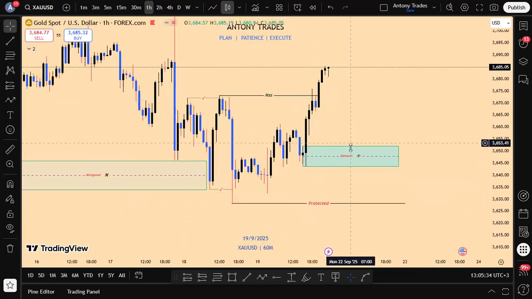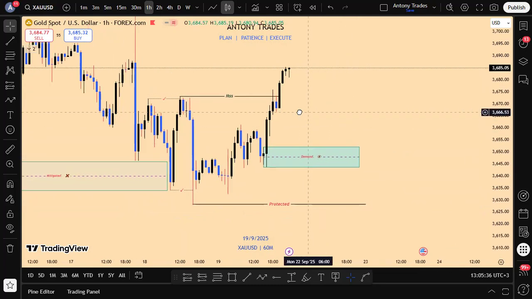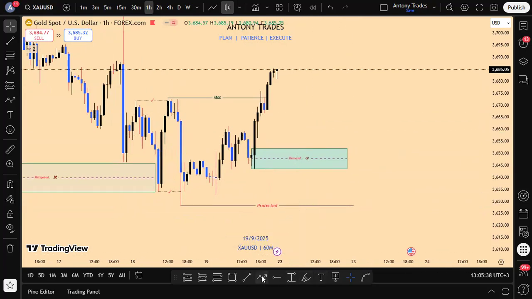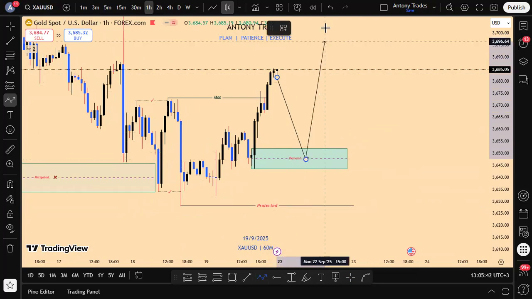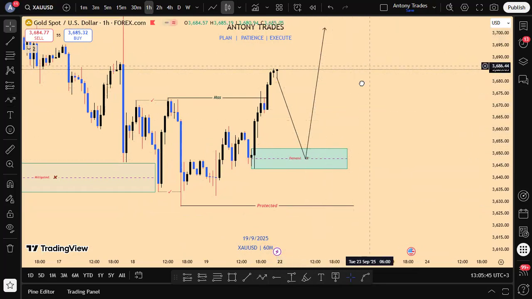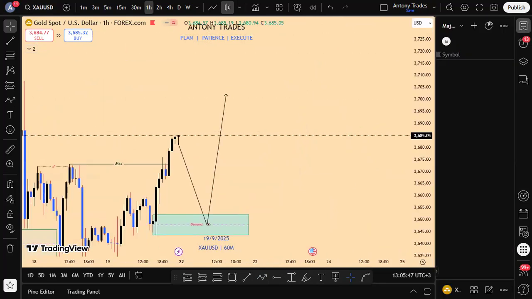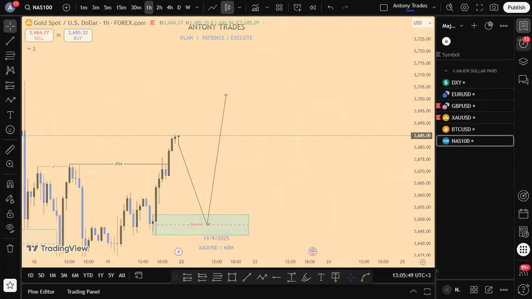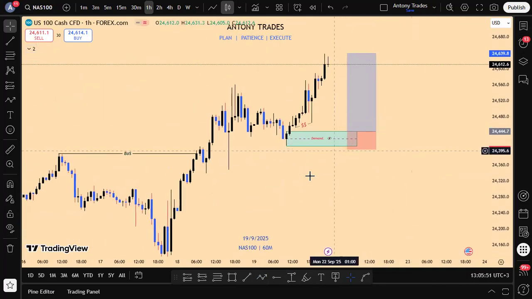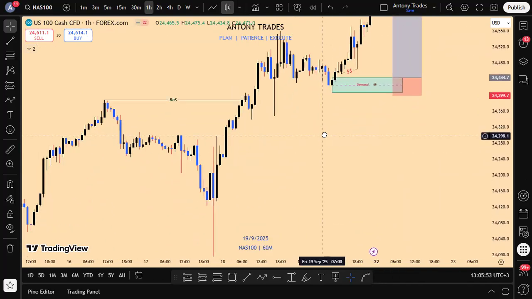So this is a setup that I am having on gold. So make sure to wait for a nice confirmation from this area for you to take a buy pushing to the upside. And then the last pair, I think it's NAS 100. So from NAS 100,